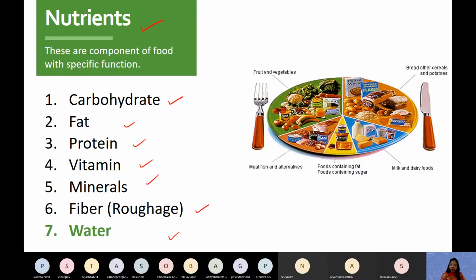They have a definite role in our body. Like carbohydrate will give you energy, and protein will be required for metabolism and wear and tear. So every nutrient has a basic role in our body. If a nutrient decreases, then it creates certain deficiency diseases, especially protein, vitamins and minerals. So these are very essential. If you are not eating in the proper quantity, then we suffer from diseases. So let's move to the next slide.